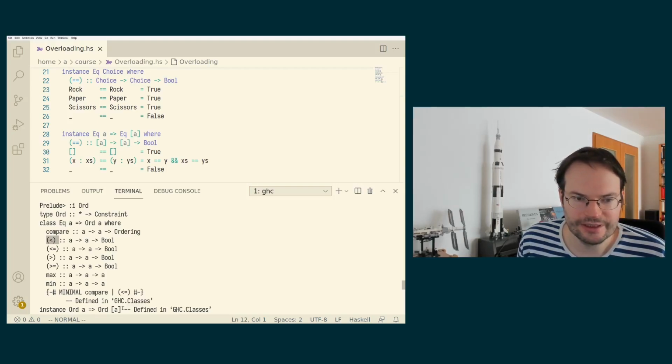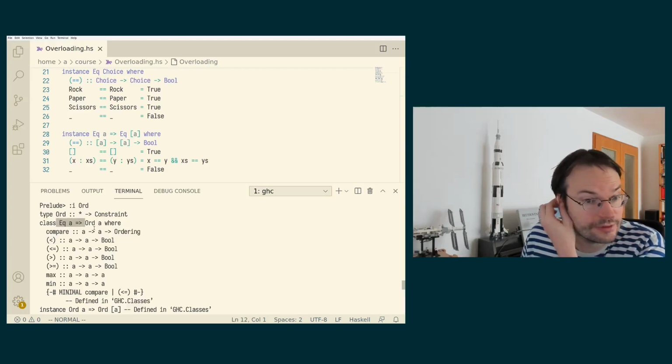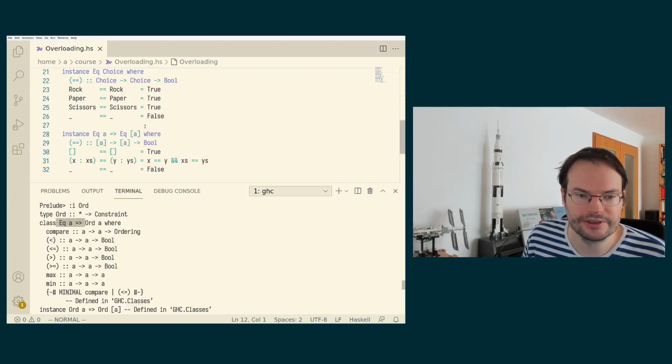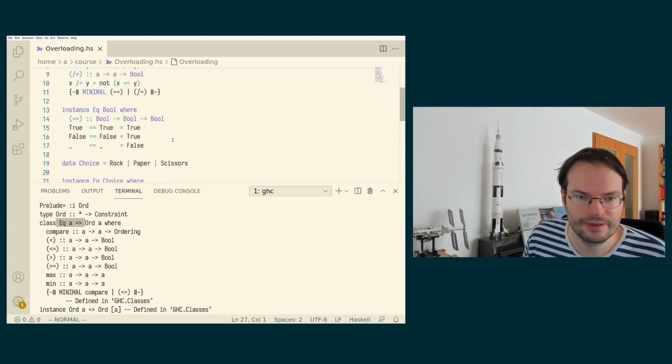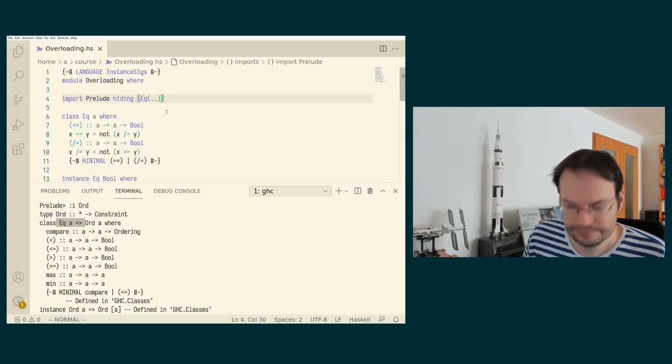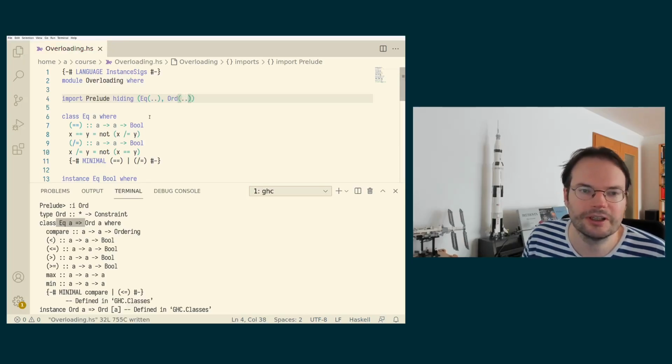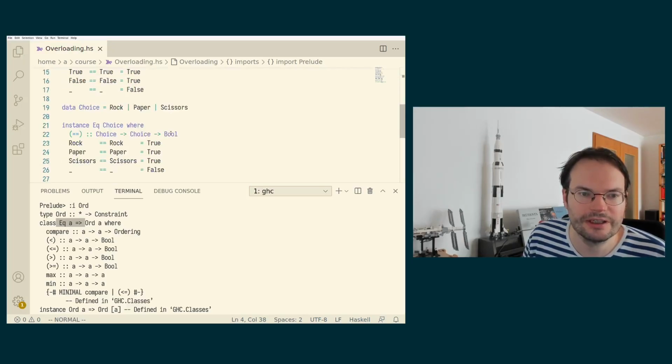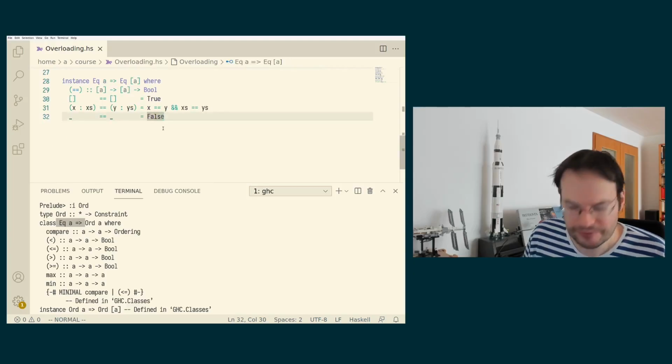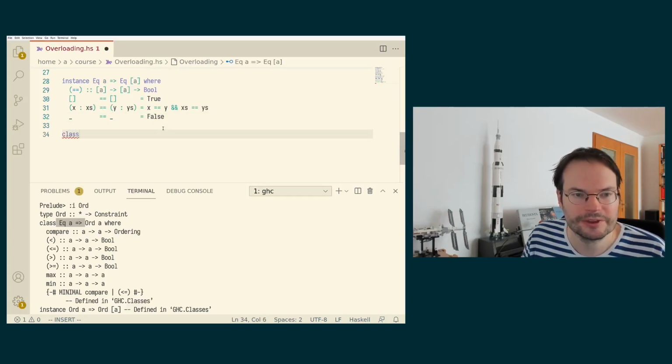So that is the idea here. So we learn of a new feature here, this notion of superclass constraints. And we can actually try to play with this ourselves in our own file. If I'm also hiding the Ord class for the time being, and I'm trying to give my own implementation of